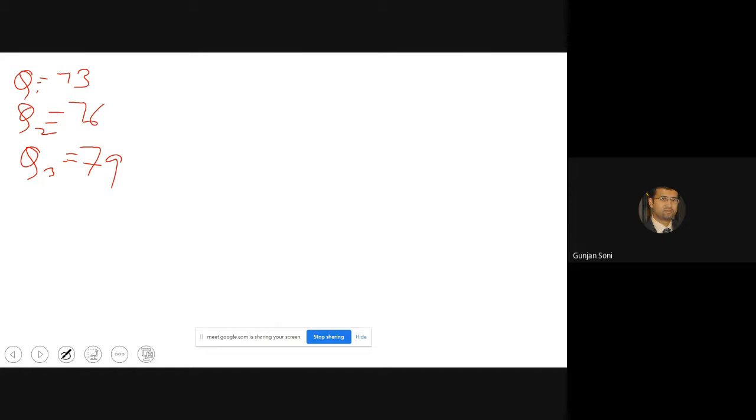Then what's the use of finding out the lower and the upper whiskers? What is the use of finding that one out? So let's say we got something like this. This is 73, 76, and 79.